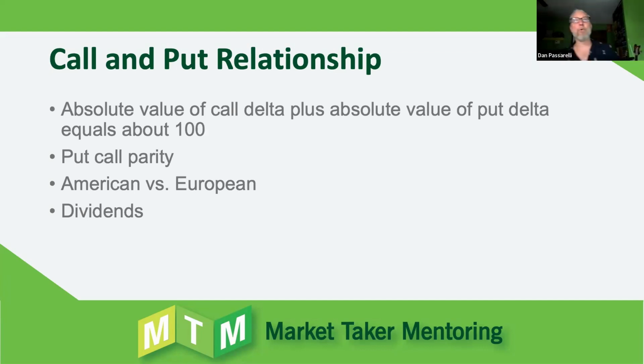Now, when I say about 100, if we were talking about just European options, it would be a lot closer to 100. But with American options, because you can get early exercise, puts that are very deep in the money become exercised early, and so their deltas tend closer to 100, and that's going to throw off put-call parity. If there's a dividend coming up, that's going to make the call more likely to be exercised, and that's going to make the call delta closer to 100. That's going to throw off put-call parity. But all you really have to know is